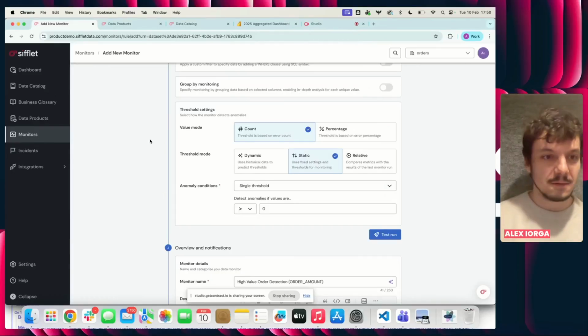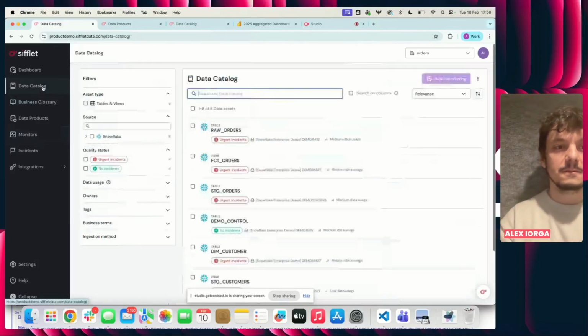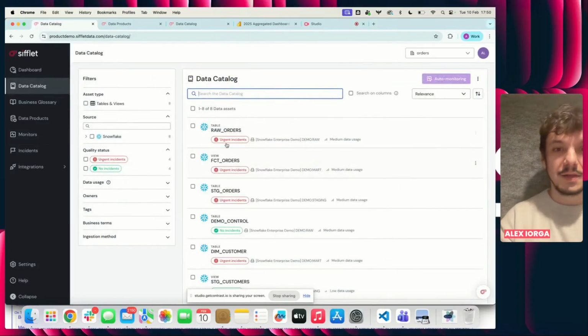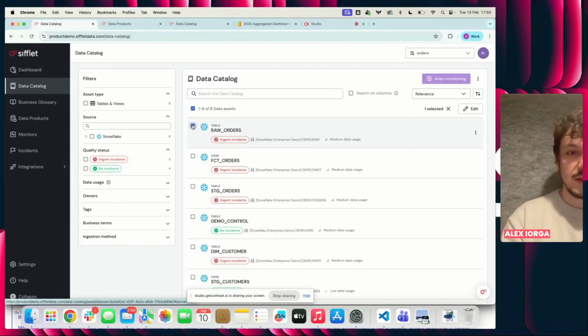And the way to use it is just as simple as that whole incident context was generated, either from my data catalog page, and you can see that because I shifted the incident to critical, these are all now classified as urgent incidents ongoing on these assets, up from high-risk incidents. But I could just as easily from this page select a set of assets, so a set of tables,